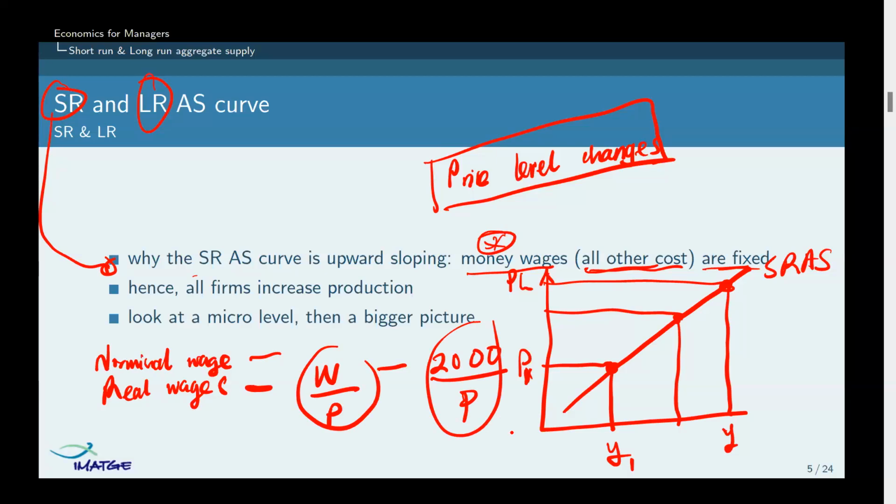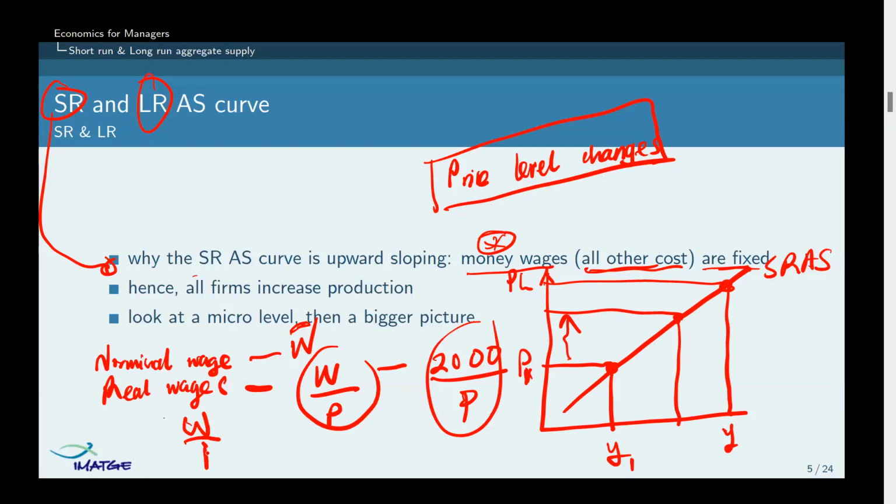So we are saying here, the nominal wage is W. And if you're assuming that nominal wages are held constant in the short run, they don't change. Why? Because of these contracts that we are talking of. There is stickiness of wages in the short run. Prices of other factors of production are assumed to be constant, right? So when the price level increases from year to year,